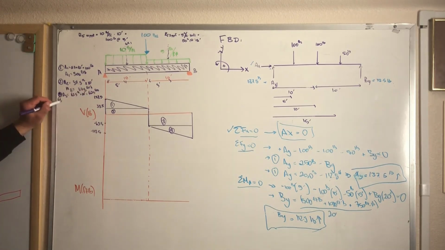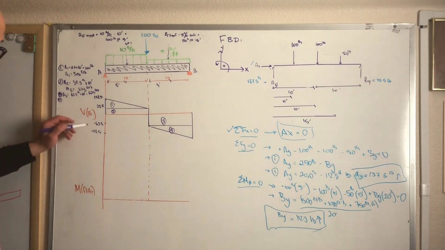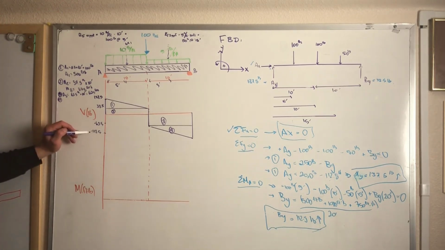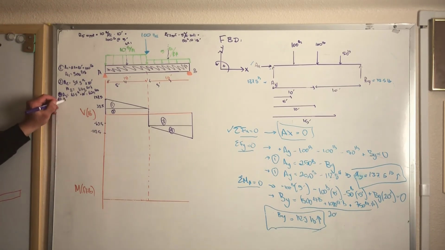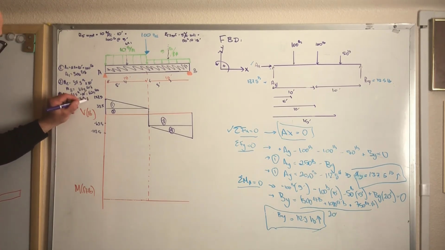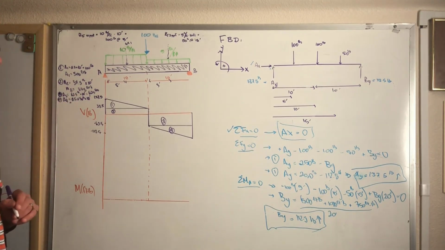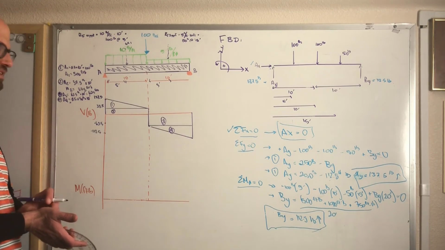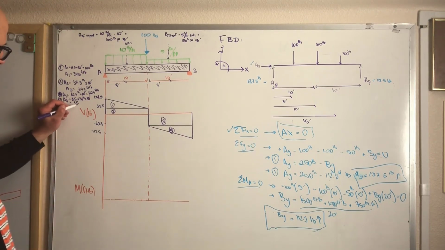And then area number 4, I'm running out of room. Area number 4 is going to be 112.5 minus 62.5, which is 50. So area 4, the height of that triangle is 50, so 0.5 times 50 pounds times still 10 feet. And that equals, so 0.5 times 50 times 10, is that 250? Mm-hmm. 250